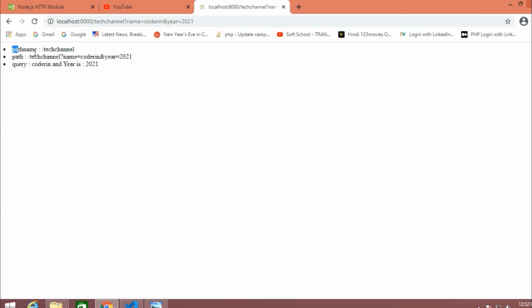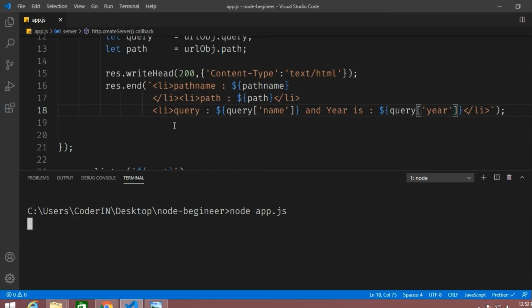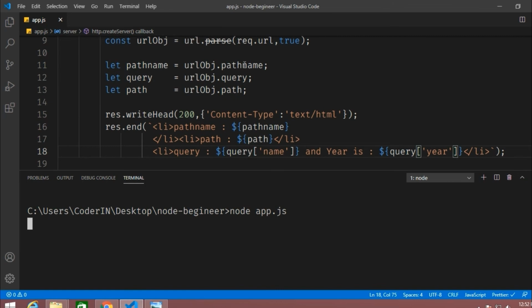So guys, this is all about the URL module. This is all you need to know about the URL module. In my next part, I'll be telling you about the readline module, which is an interesting part of Node.js modules. So see you in the